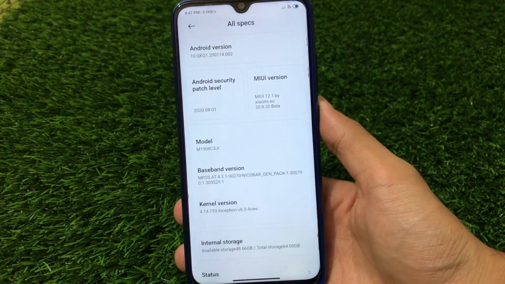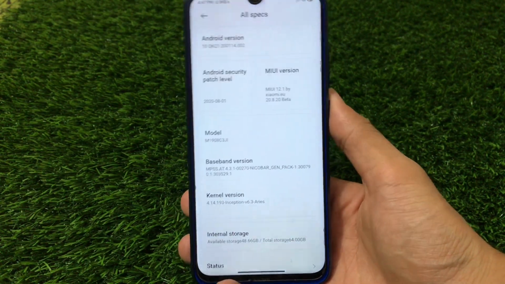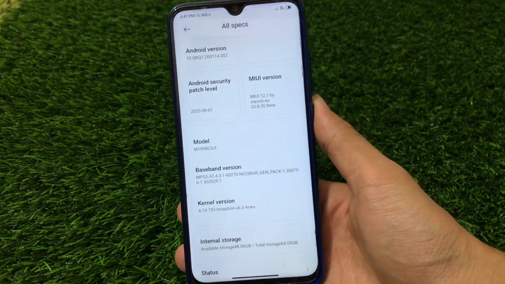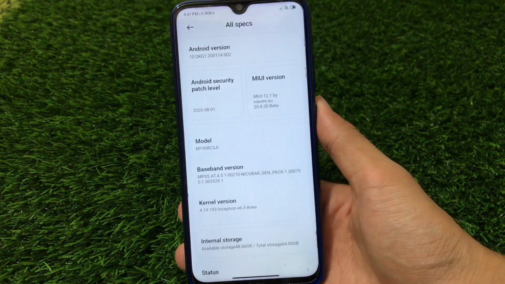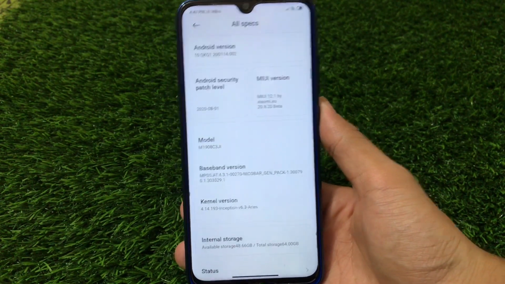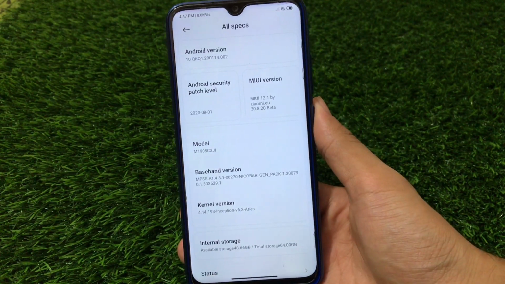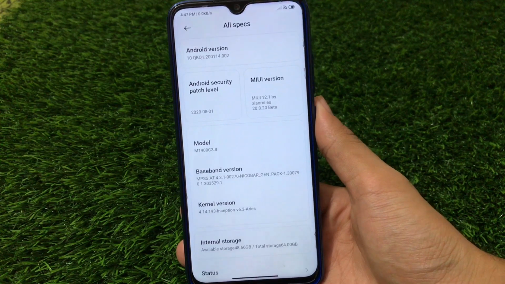A lot of you guys have commented asking how to revert back to 60Hz display after you flash the 68Hz DTBO.img. A lot of you liked that video, so I thought I should make a video on how you can go back to 60Hz refresh rate. In this video I will tell you everything, so make sure to watch this video till the end.